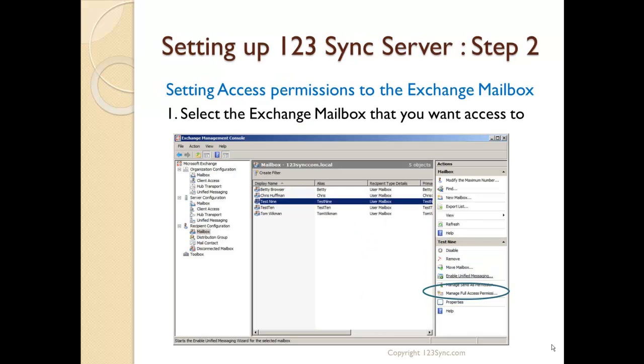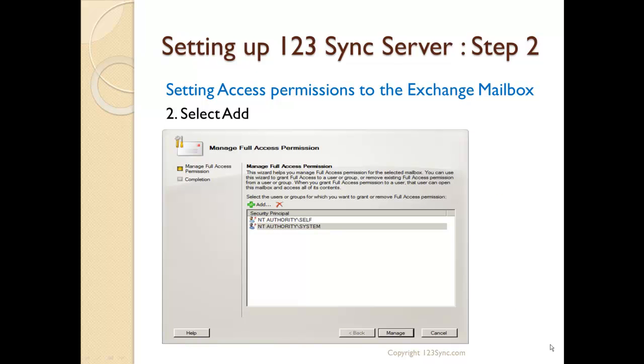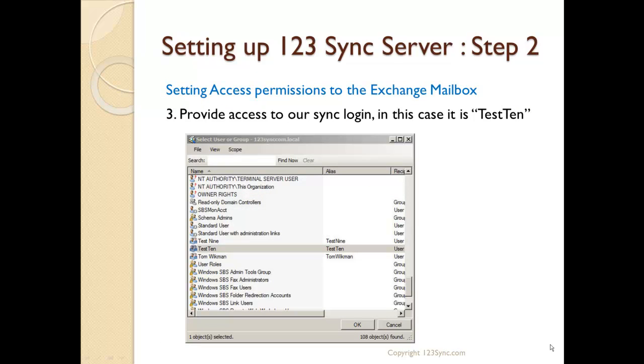First of all, we open the Exchange Management Console on the Exchange, and we select a user that we want to provide permissions for test 10 to access. So we click on the Manage Full Access Permissions. So we now get the Full Access Permission console. Under the Full Access Permissions, we click on the Add button, and that way we get a list of all